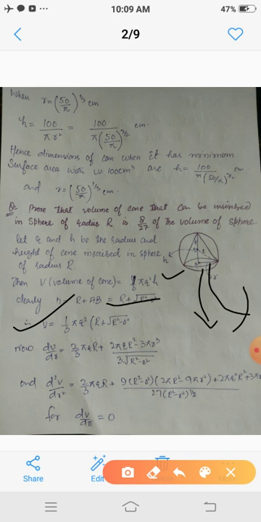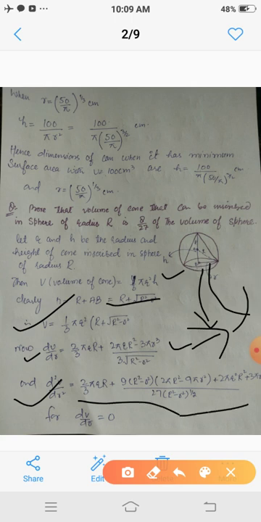Now its derivative with respect to r is this, by using the product rule of differentiation, while its double derivative is this very quantity. You can easily calculate this very expression from the given dv by dr. Now for critical points, dv by dr is 0,